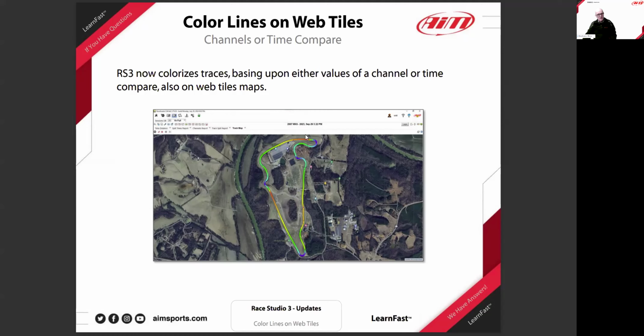Colorizing maps on a web-based map: you can choose the channel you want to colorize the map with. It can be any channel of your own. The most used are GPS speed, or maybe some triggers on braking and throttle, just to check who among two drivers brakes after or before the other one. Just two typical uses